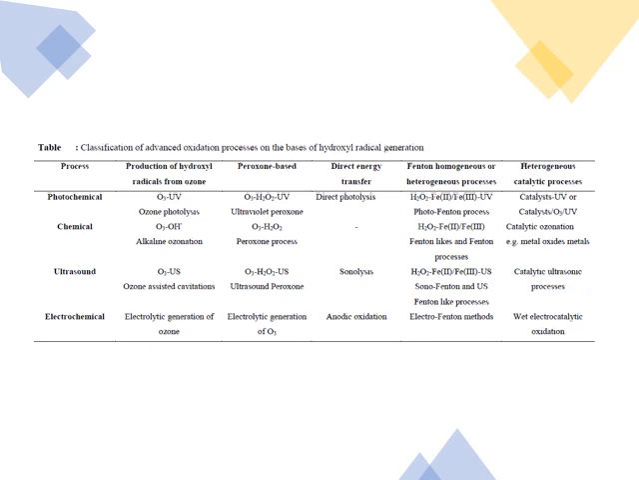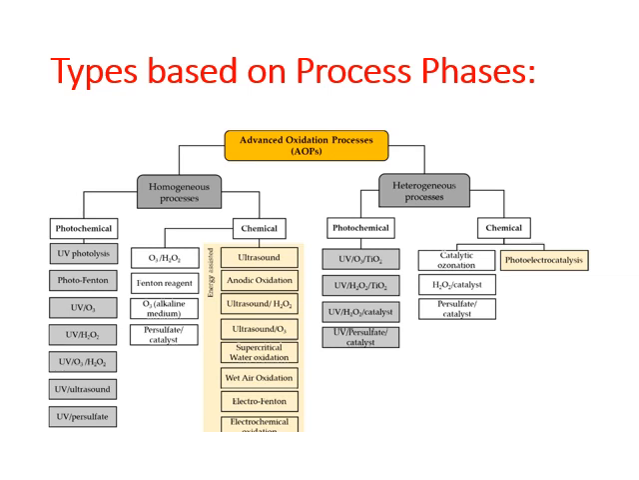Iron in the +2 form is used, but ferric or ferrous forms can also be used in these processes. The purpose is to generate the hydroxyl radicals. And finally, the heterogeneous catalytic processes also have different types that can promote the generation of hydroxyl radicals. They can be photochemical, chemical, ultrasound, and electrochemical heterogeneous catalytic processes. Now, on the basis of the phase type, we can